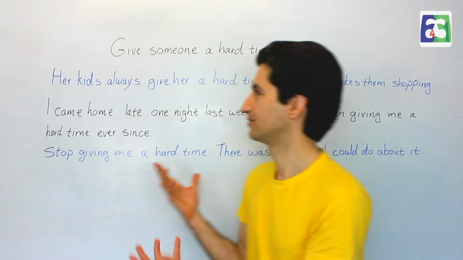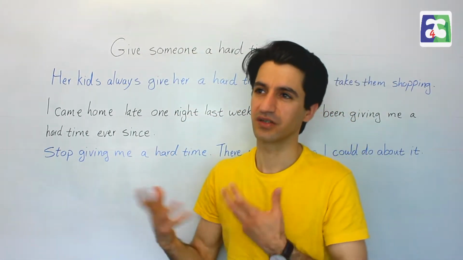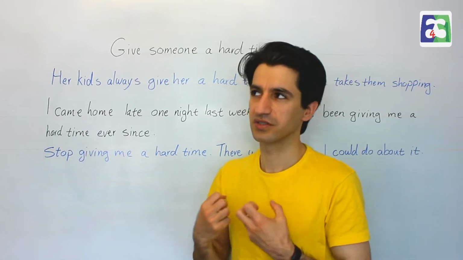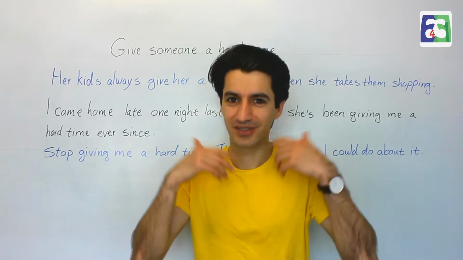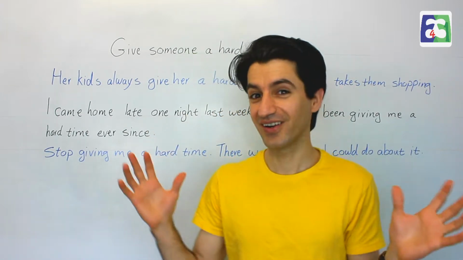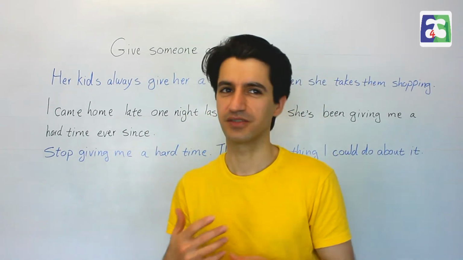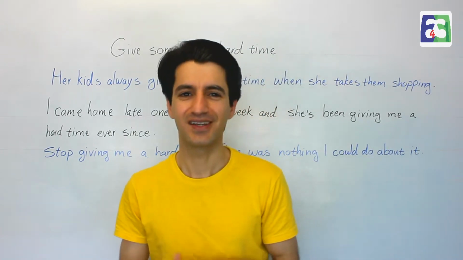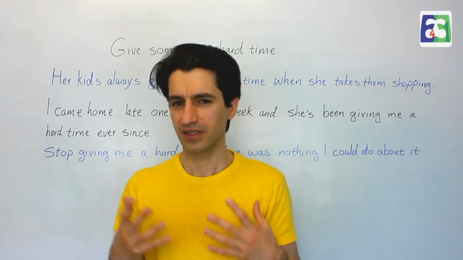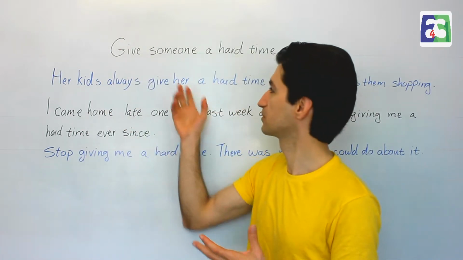And it's a negative one. The connotation, the thing that it has inside, is a bit negative. You would not say that with a grin. "Ah, she's giving me a hard time." "Oh, no, she's giving me a hard time." That's the way you would say it, okay? That's the mimic. So this has a negative connotation in it.